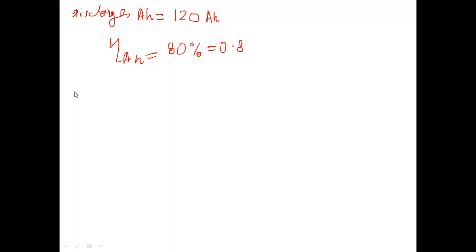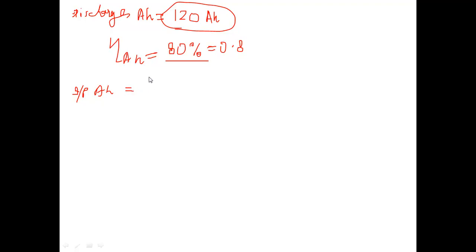Now what should be the input ampere hour for charging? We need to calculate the input ampere hour. Remember that the ampere hour efficiency is 80% and the discharging ampere hour is 120 ampere hour. So obviously we need a higher ampere hour for the charging. So the input ampere hour will be